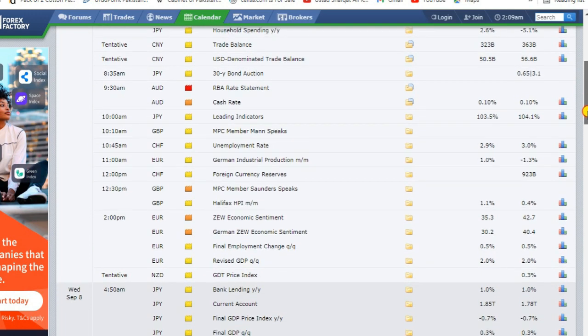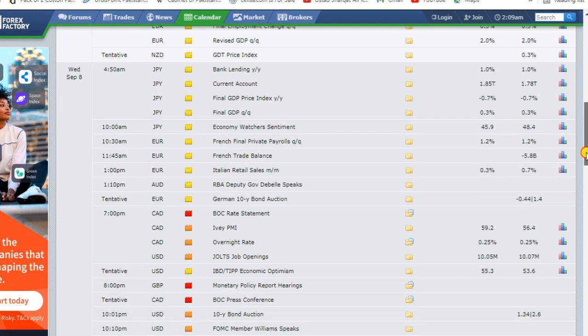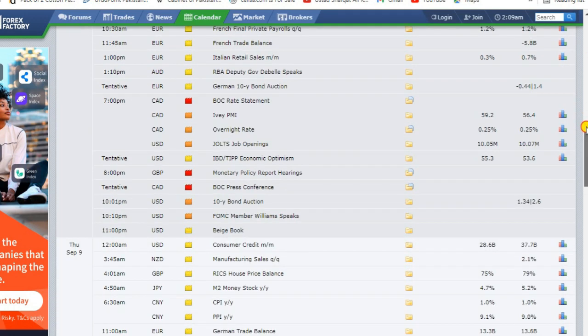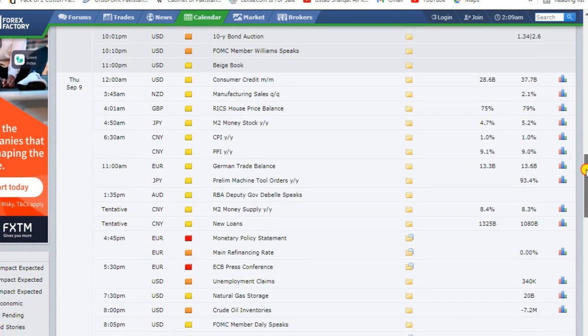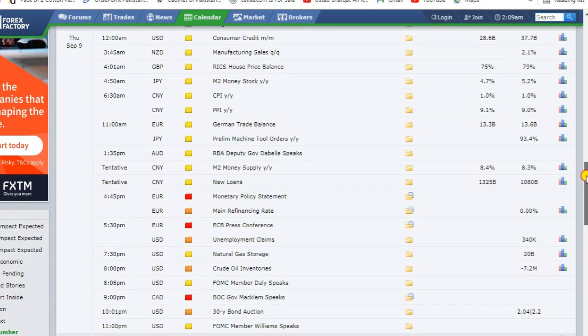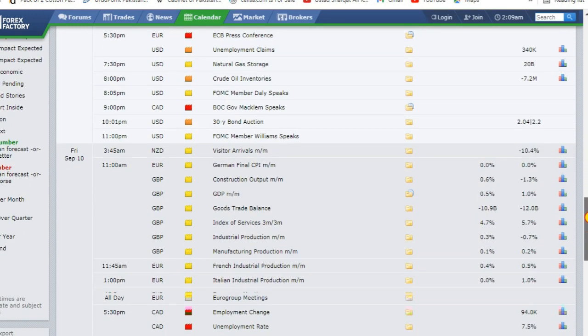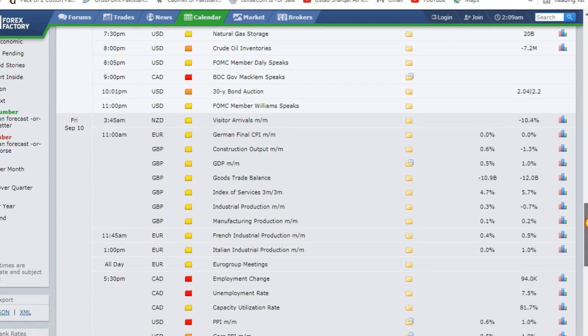there's no strong news. On Wednesday we have strong data regarding monetary policy, BOC rates, and the BOC press conference. The main important data is the 10-year bond auction, and also job openings. Thursday would also have a high impact because there are unemployment claims, which have a huge impact on the market. And Friday would also be a more volatile day for gold regarding PPI and CPI,